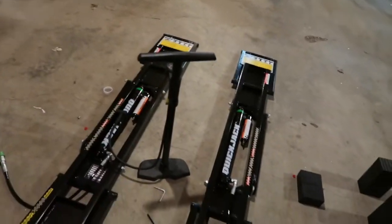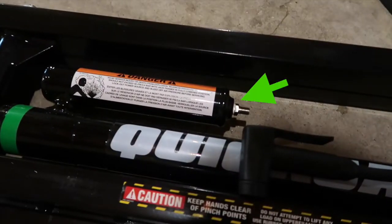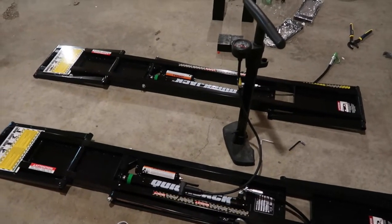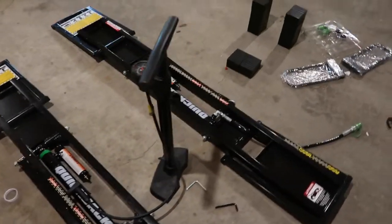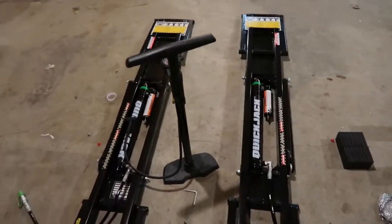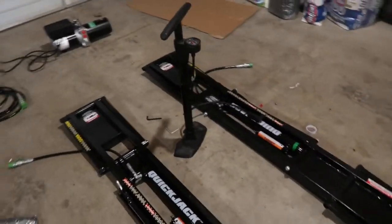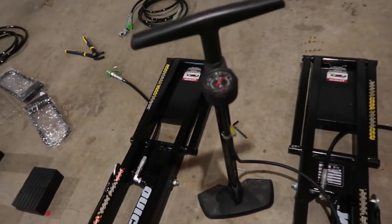From my understanding, you have to pressurize the cylinders. These little air cylinders right here. On the internet it says to use an air compressor, which I have, but I don't have the fitting for it that tells you PSI. Something I should actually get. So I figured I should try using my bike tire pump. Maybe that would fit on the end. And it's actually very similar to a regular size